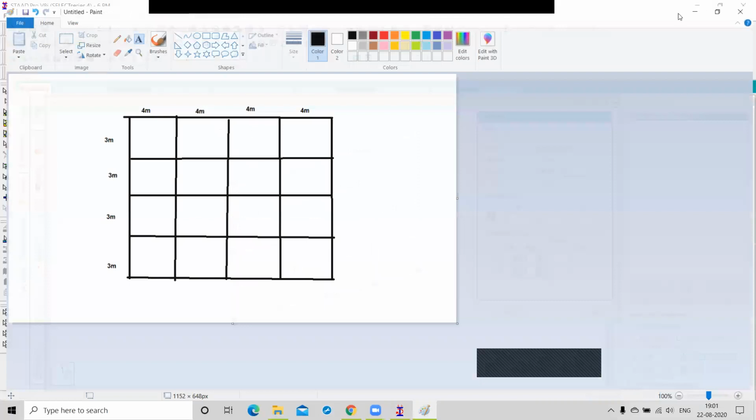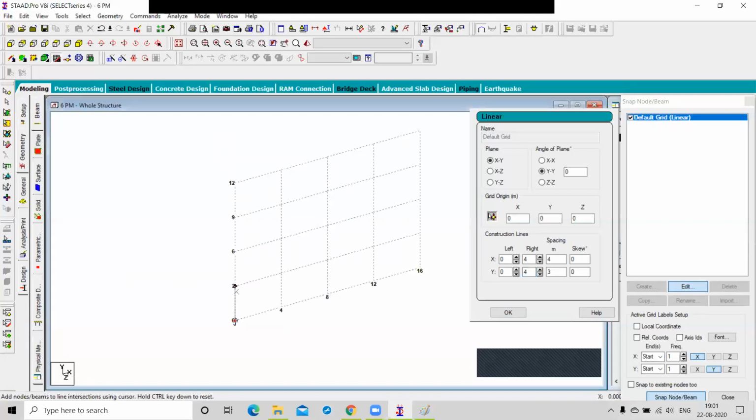So you can click here one by one like this to make this figure. Now I am going to start from here, so I can press the control button and click like this, and again to start from here, press the control button and click here, remove your control button, and you can draw like this.